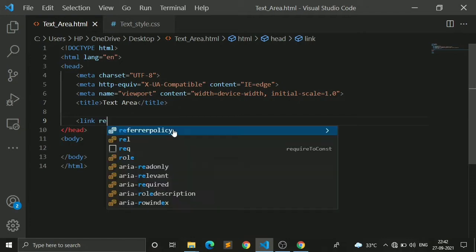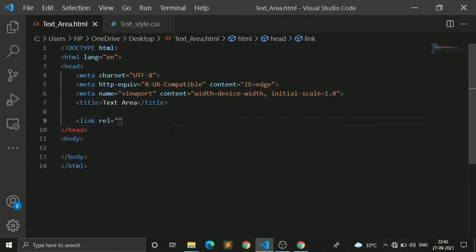Here I am using the rel attribute, and I will give it the value stylesheet. The next attribute is href, and I will give the value text_style.css, the name of the CSS file. It is okay. So we have now successfully linked our CSS and HTML file.